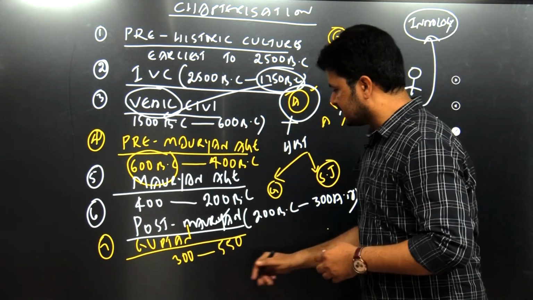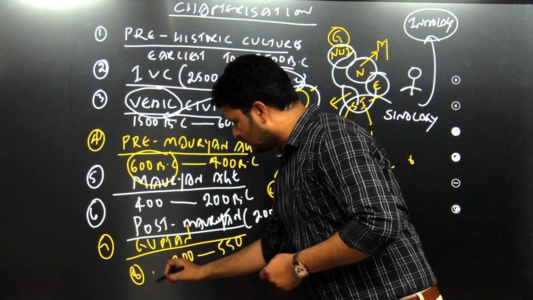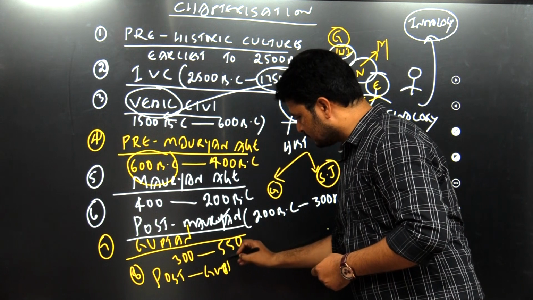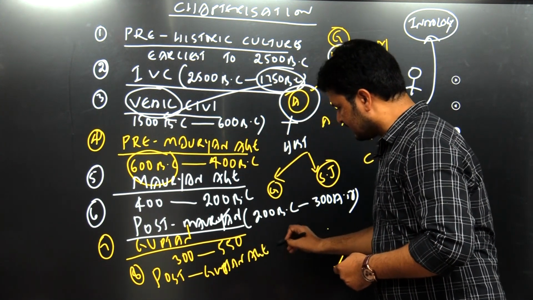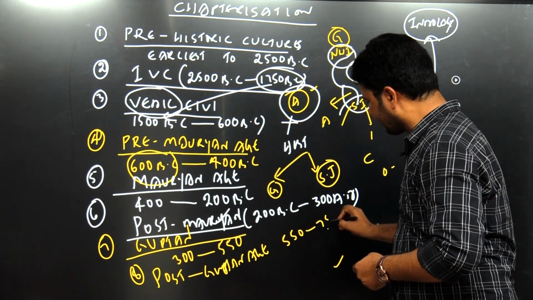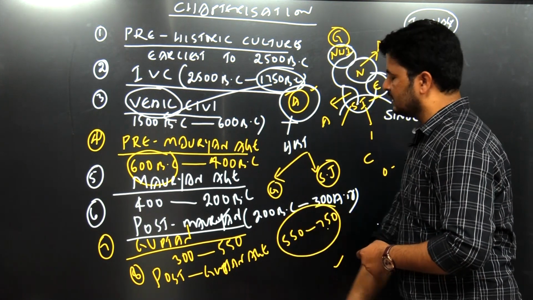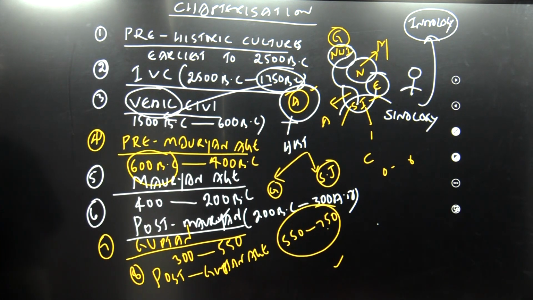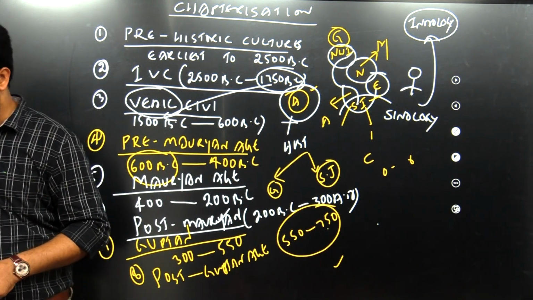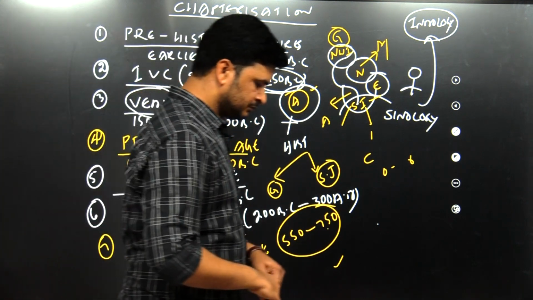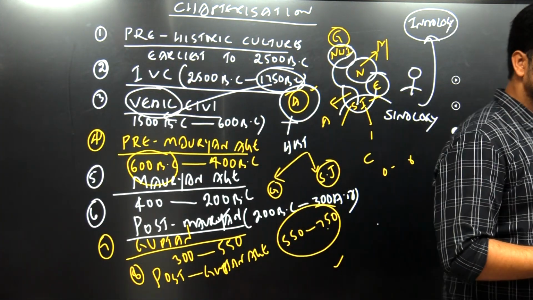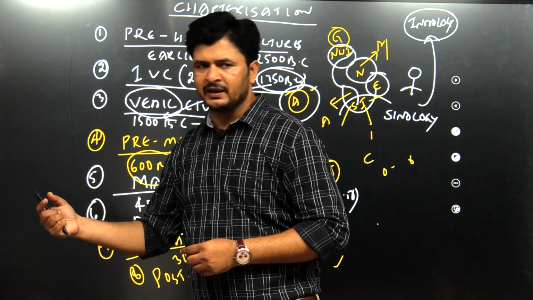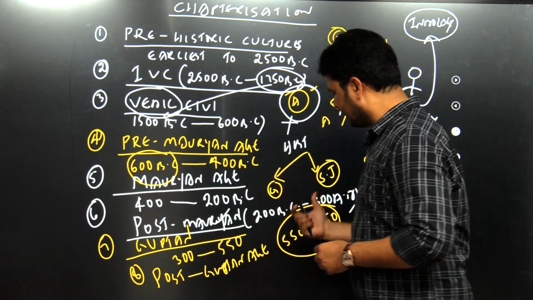And the last chapter is the post-Gupta age, the last chapter of ancient Indian history. The span of the post-Gupta age is 550 AD to 750 AD. It is a very easy chapter. Besides political history, that is Harshavardhana in North India, Pulakeshi II in the Deccan, the Badami Chalukyas, and the Pallavas of